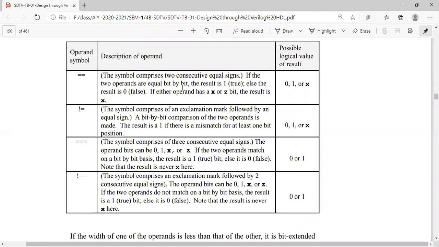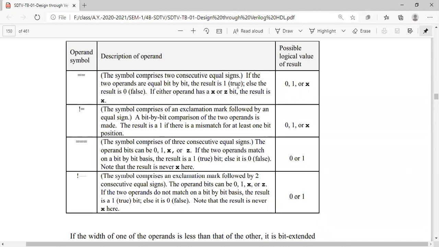Okay, and if I write only 2 equals, in this case, if any of the bits, from A of 3 to A of 0 or from B of 3 to B of 0, is of x or z value, the output will be x. Okay, it's not going to give a perfect output result.